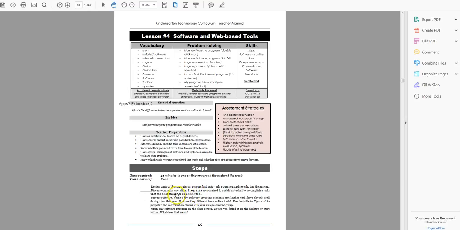Programs, online tools, software, apps, and extensions, if you want to throw those in. And then discuss software that you probably have. You probably have some software that you're using, Google Earth or KidPix or something else that you use in class that is installed software. And open that up and show them the difference between how you found it on the computer and how it